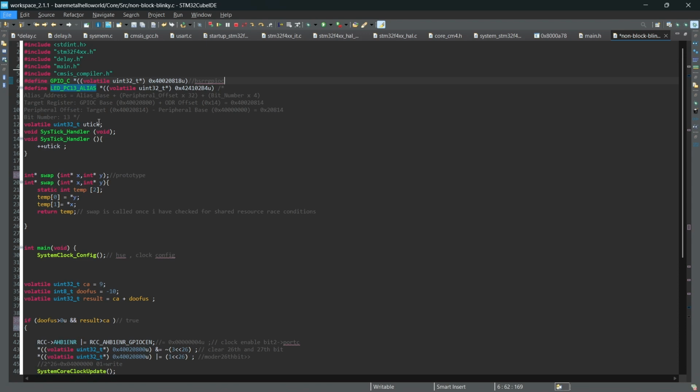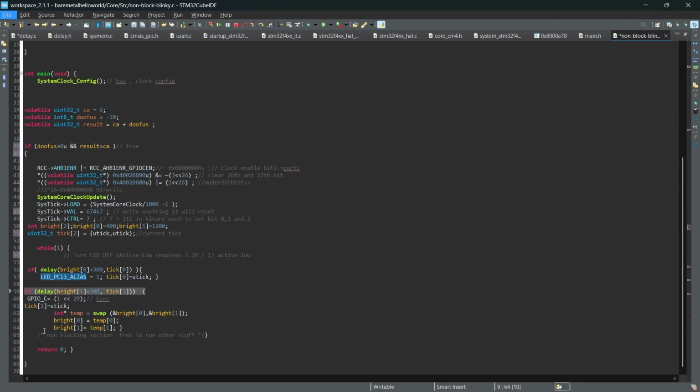All right. Now coming on to the PC13 alias addressing. You see this was the output data register address, for which we use the bit set register. Now, to turn off, you can see logic 1 is for turning off because this is active low.